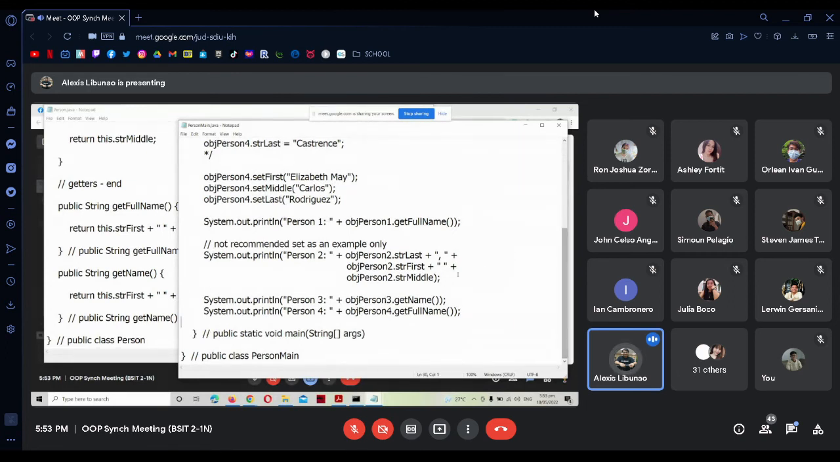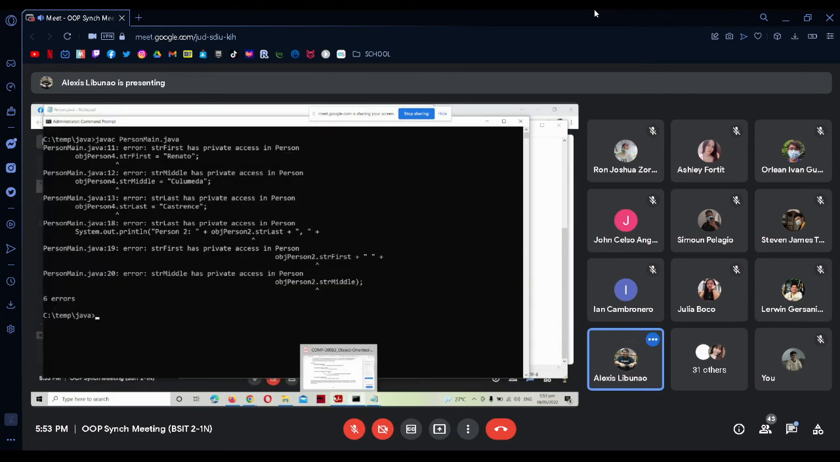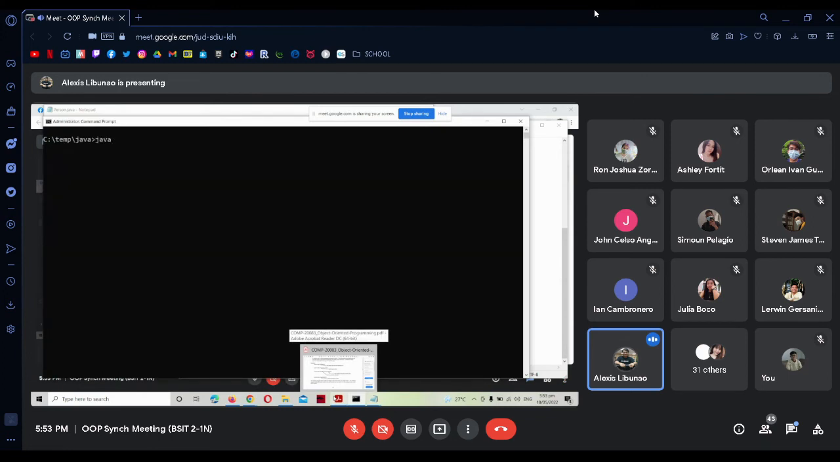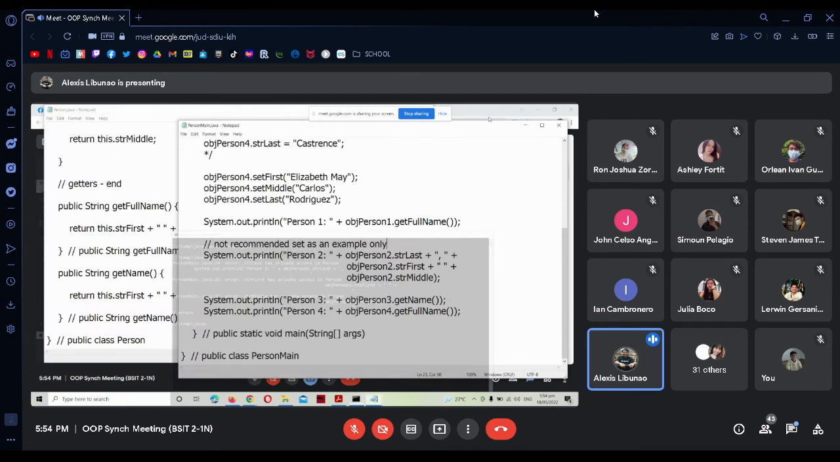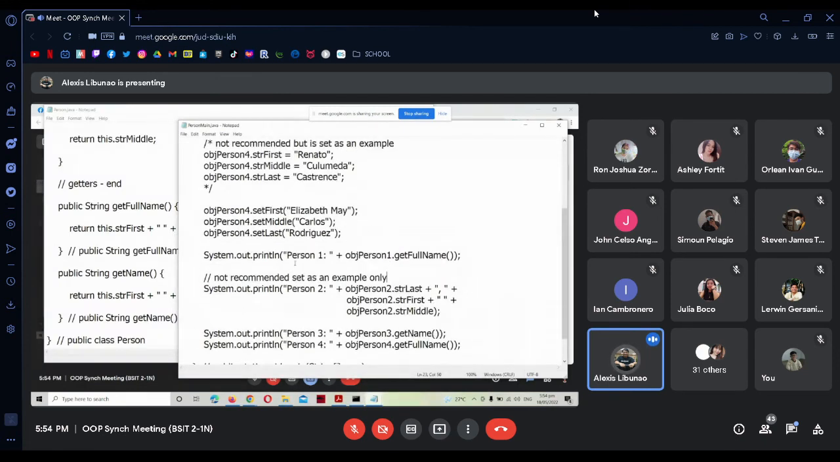Okay, this one will generate an error, no? Person main. Let's compile it first. I'm going to compile person and then person main, no? Just to show you the error. javac Person.java. Okay. javac PersonMain.java. So we cannot do that. Okay. So in Person2, what we're going to do is, of course,